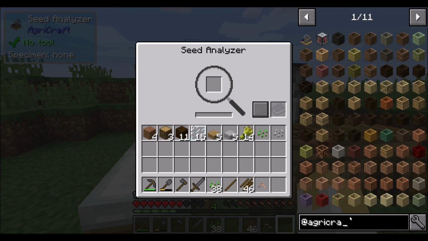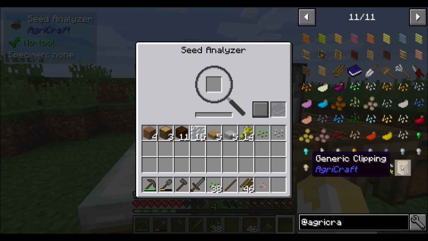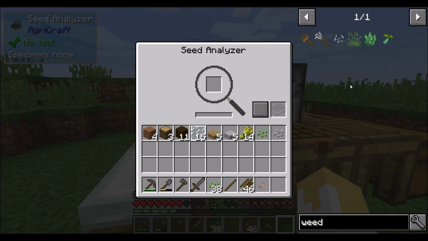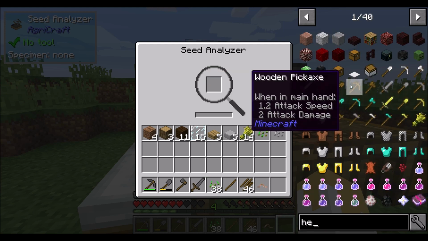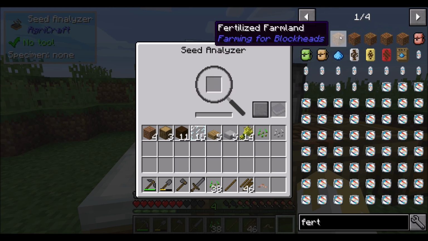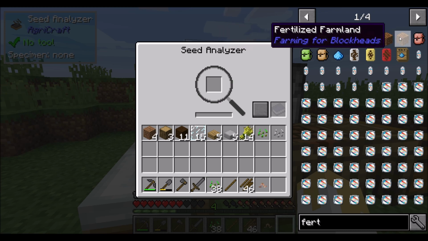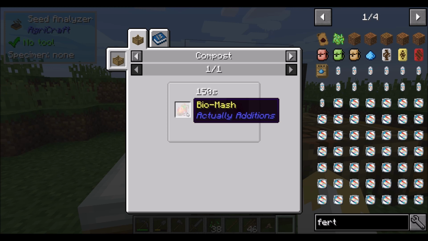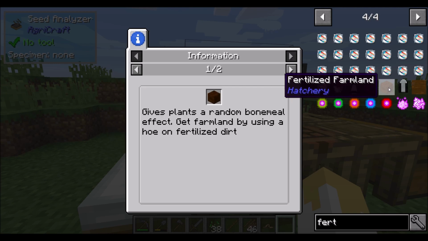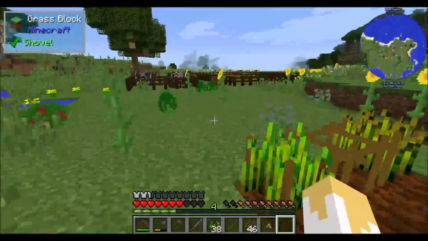So Agricraft. Let's come back in here and look for fertilizer. Weed killer. No. Okay. Herbicide. No. Fertilizer. Fertilized farmland. Fertilizer. Biomesh, no. I'm trying to find... I thought there was a way. Fertilized dirt. Oh, that's with chickens. Okay. No, I'm not seeing it. Okay, I thought there was a way that we could...